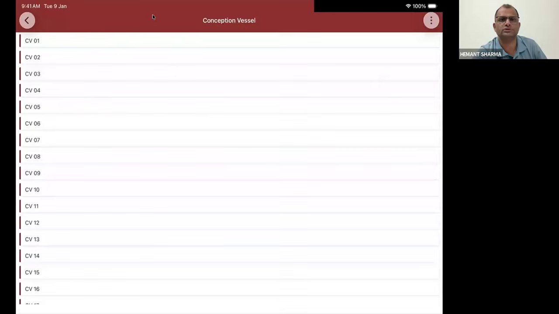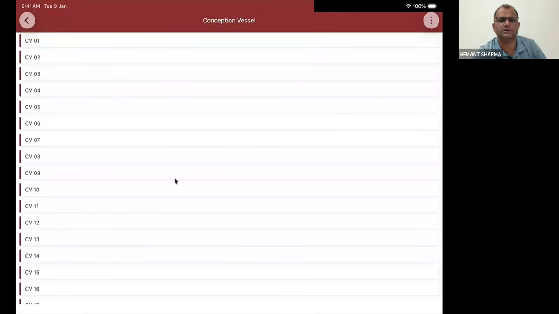CV15 के ऊपर CV14. Now please tell me, from the lower end of sternum, if I go 2 tune down, which is the point? CV14. From the lower end of the sternum bone, if I go 4 tune down, which is the point? CV12.